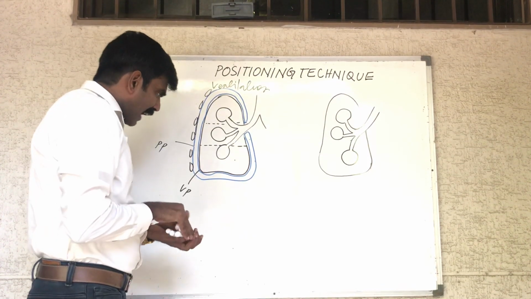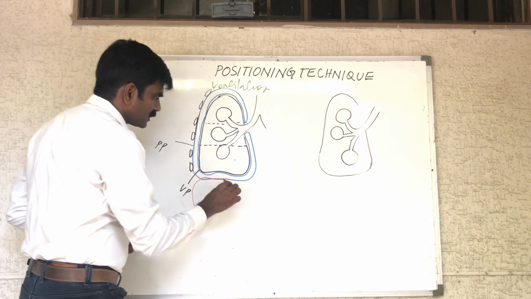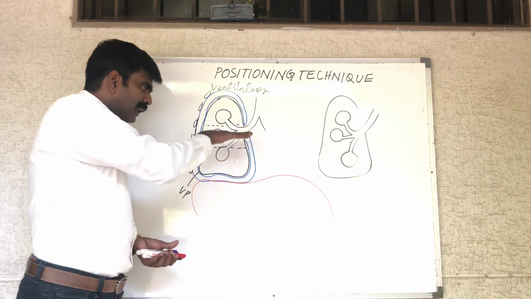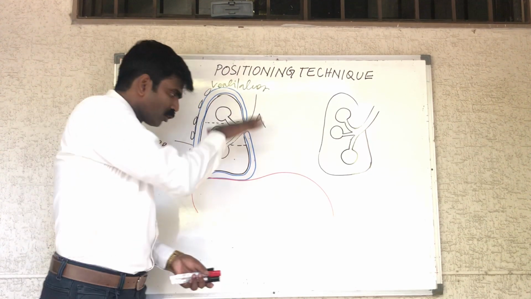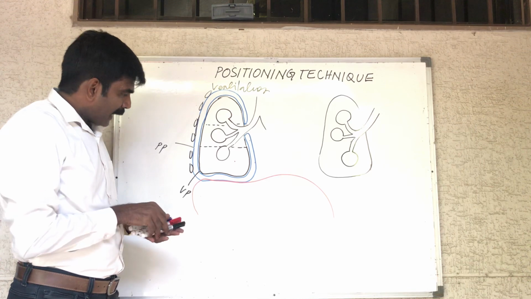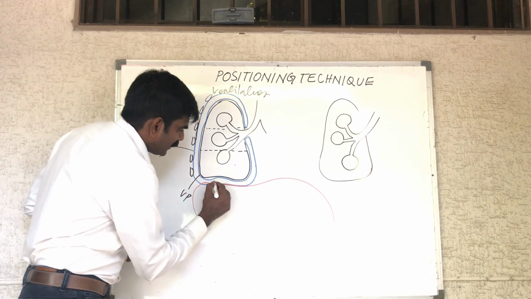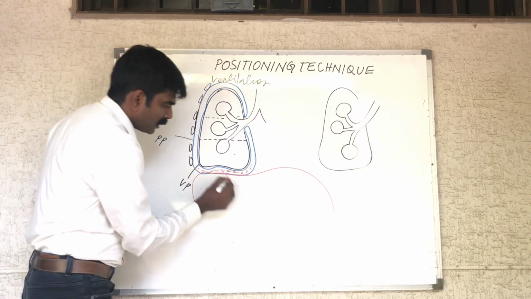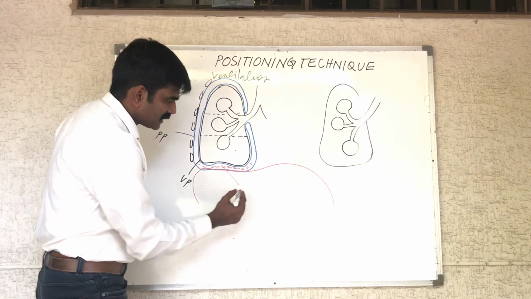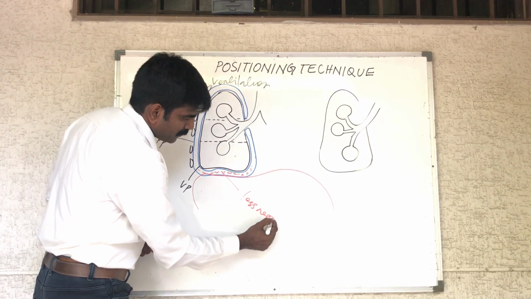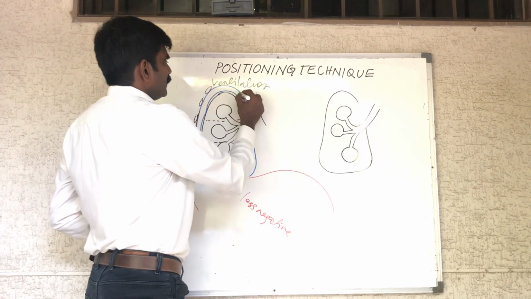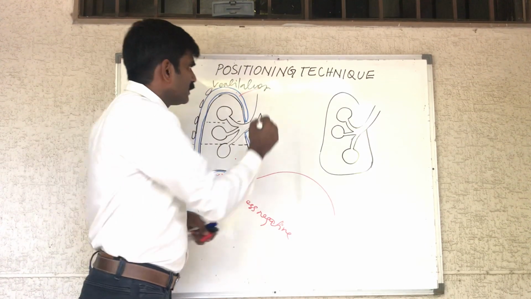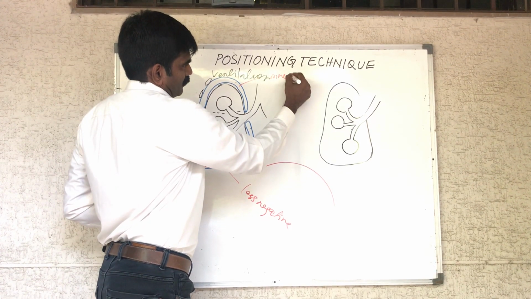because of the gravity, imagine this is the diaphragm. If you see the lung, it rests on the diaphragm, it sits on the diaphragm. Here at the lower part, the pleural pressure is less negative, and here in the apical lobe, the pleura surrounding the apical lobe has more negative pressure.